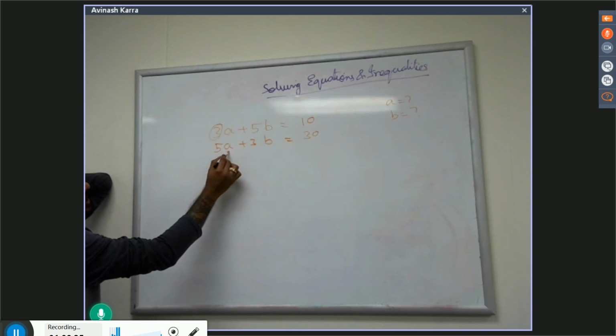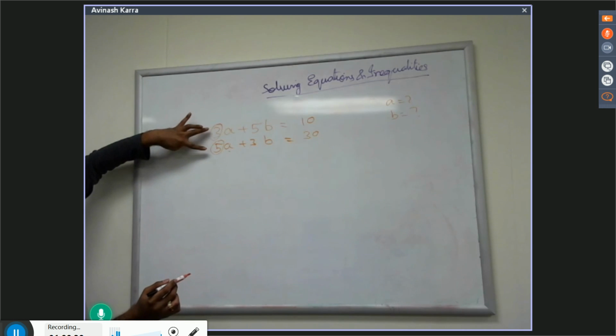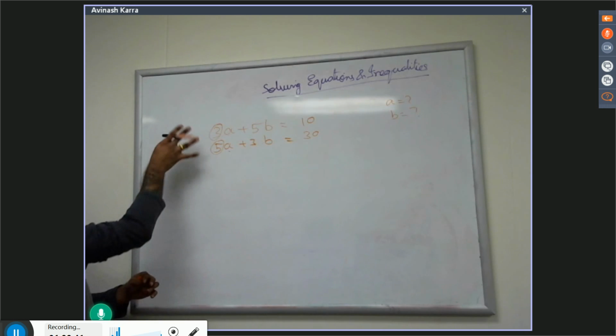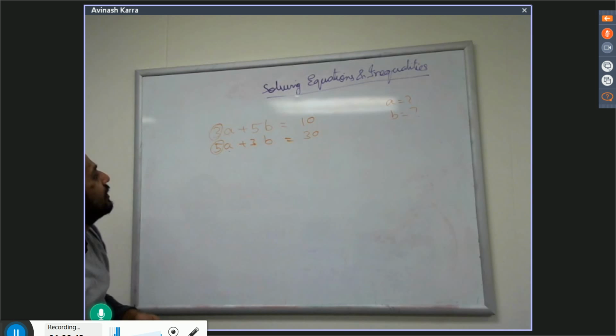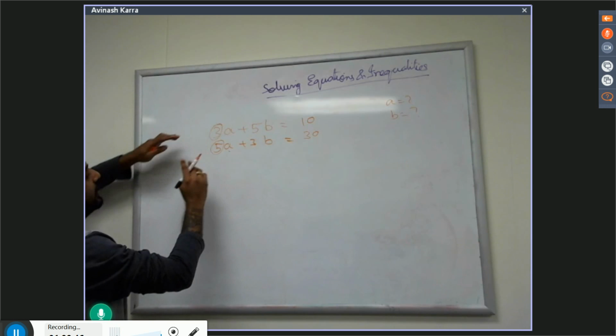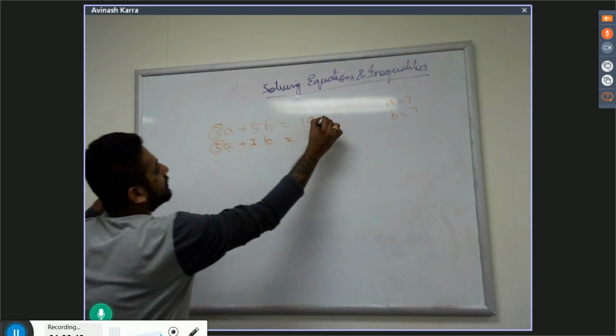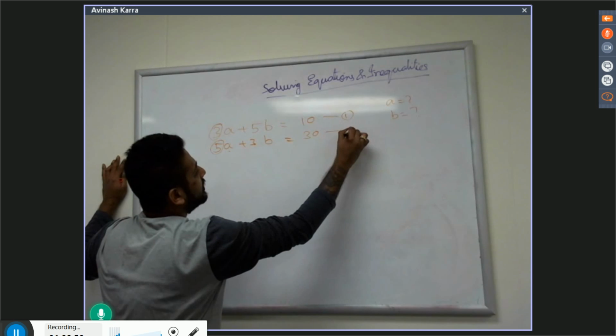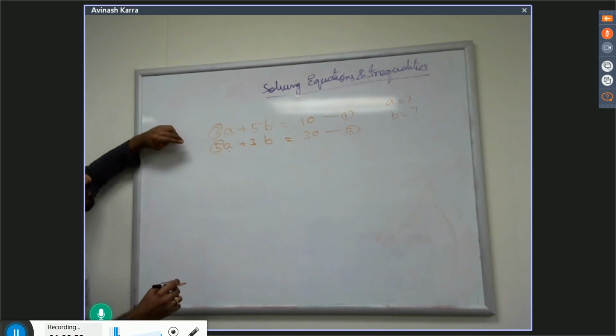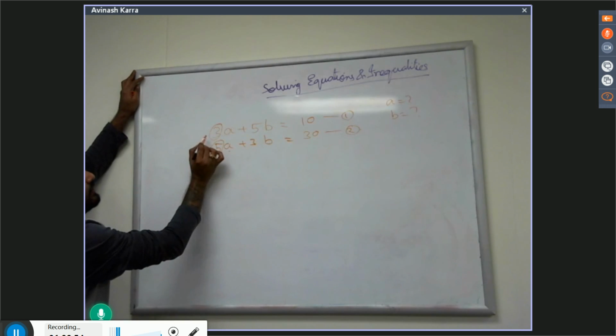What is the coefficient of a in the second equation? 5. I want both to be equal. So for that, let it be equation 1 and let it be equation 2. If I multiply equation 1 with 5,